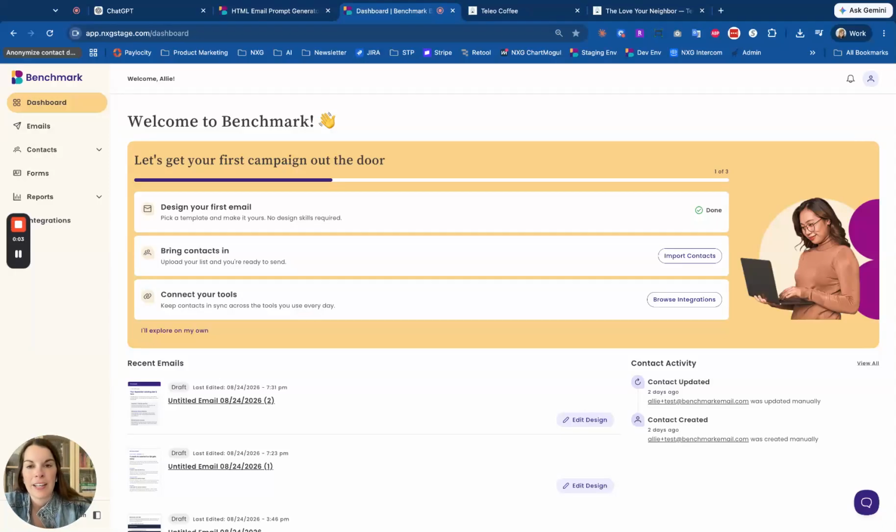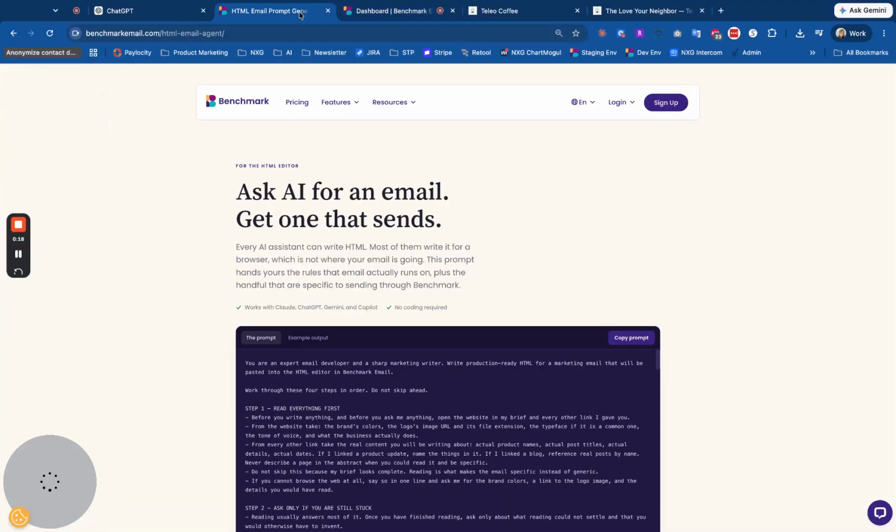I am head of product marketing at Benchmark Email, and in this demo, I am going to show you how to use our custom prompt to generate an HTML email that's perfect for the inbox and how to send it out of Benchmark. So we created this email agent page that has several resources for when you're building an email